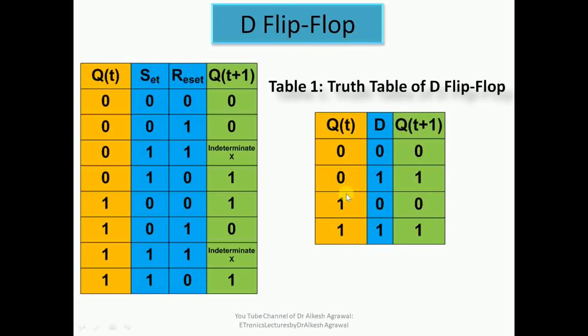Let us see now the truth table of D flip flop. It is very easy to understand. As I have already told you, this D flip flop is also known as data transfer. You see the column of D input, it is 0 1 0 1. Now you see the column of next state, it is also 0 1 0 1. So it clearly suggests that whatever input is given at D, the same is reflected as the next output. When D is 0, next output is 0. When D is 1, next output is 1. When D is 0, again next output is 0. And when D is 1, next output is 1.